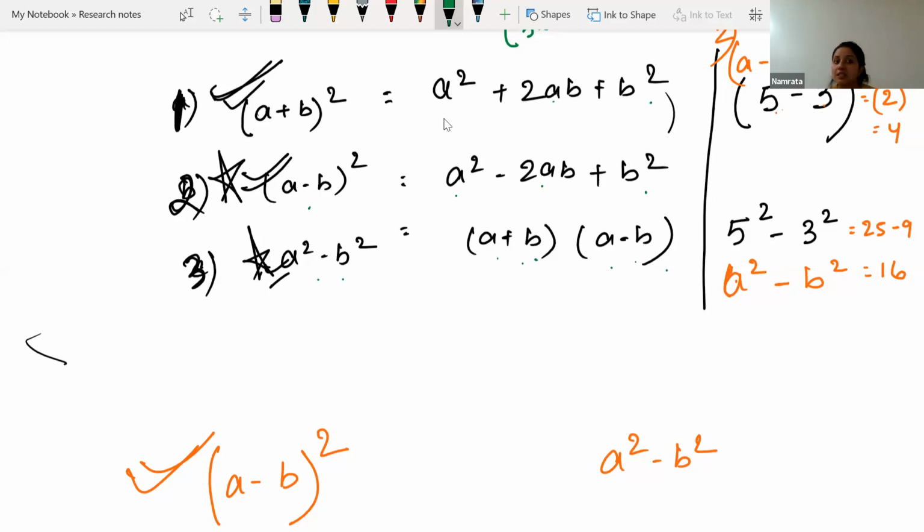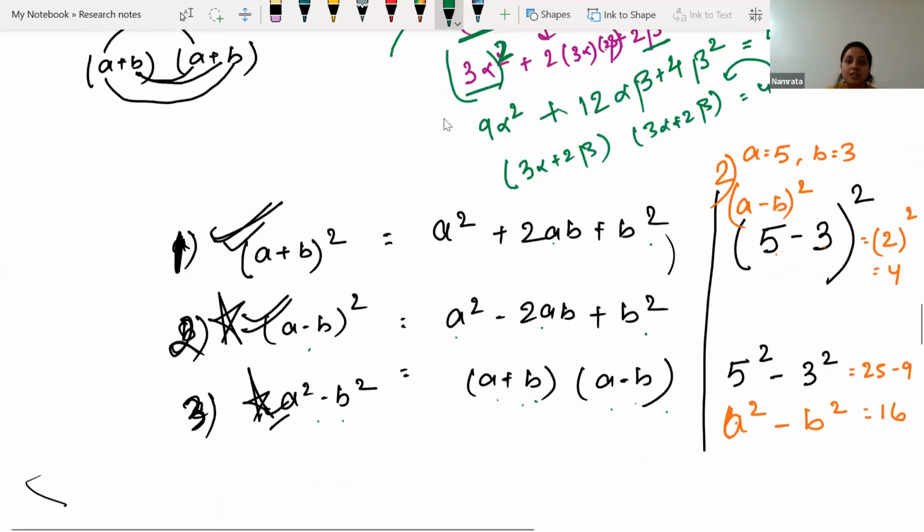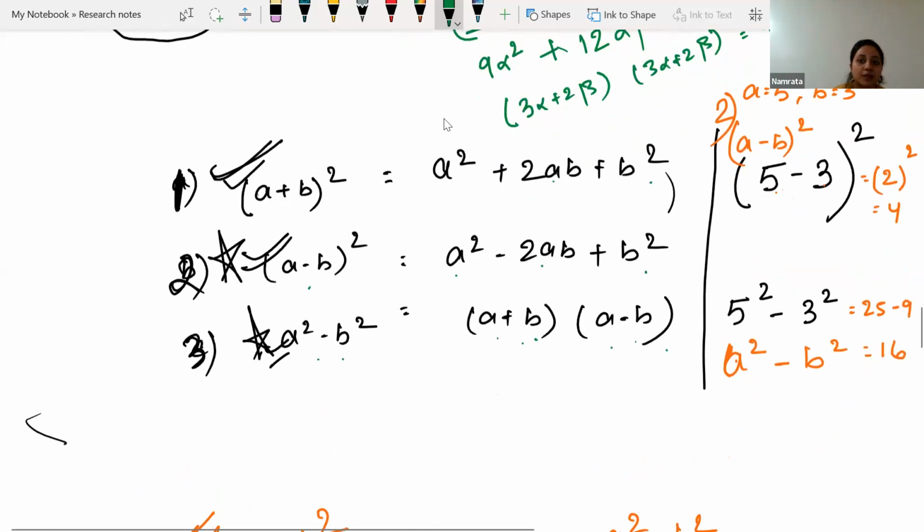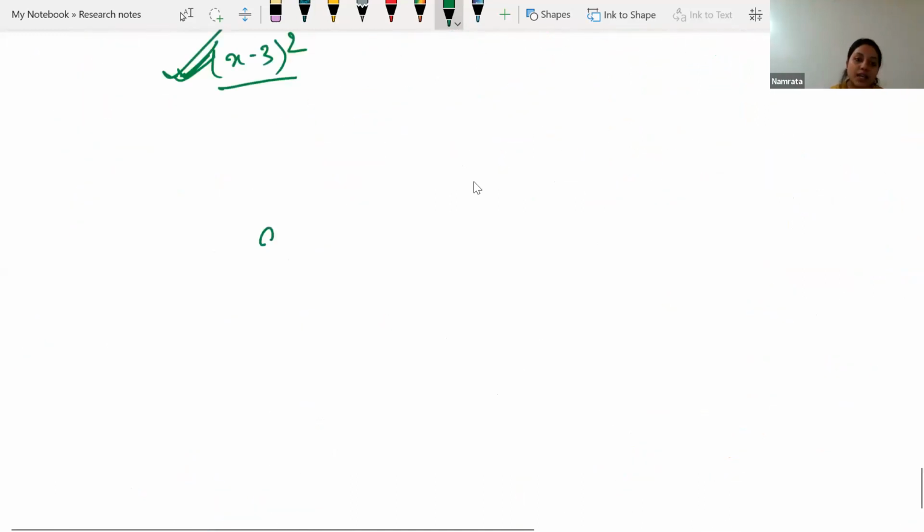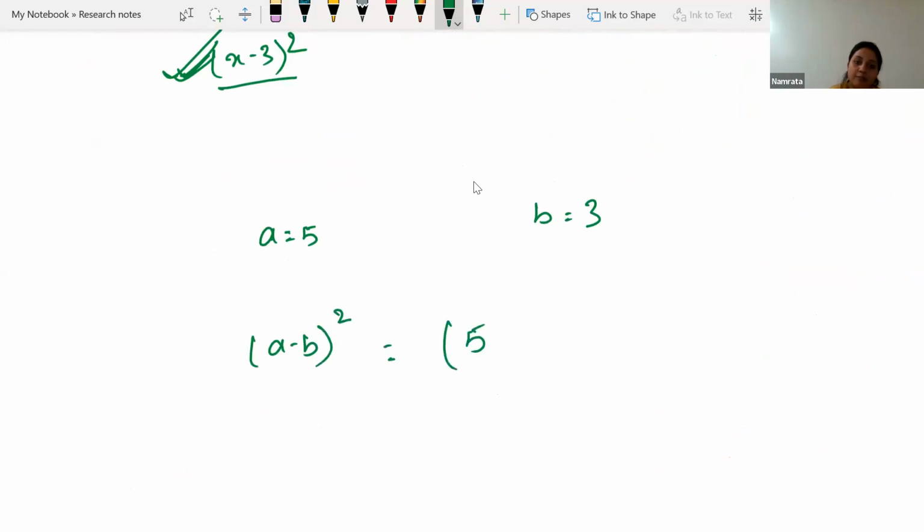We will not mix them up. Why? Let's say a is 5 and b is 3. So (a minus b) whole square means (5 minus 3) whole square, that means 2 whole square,